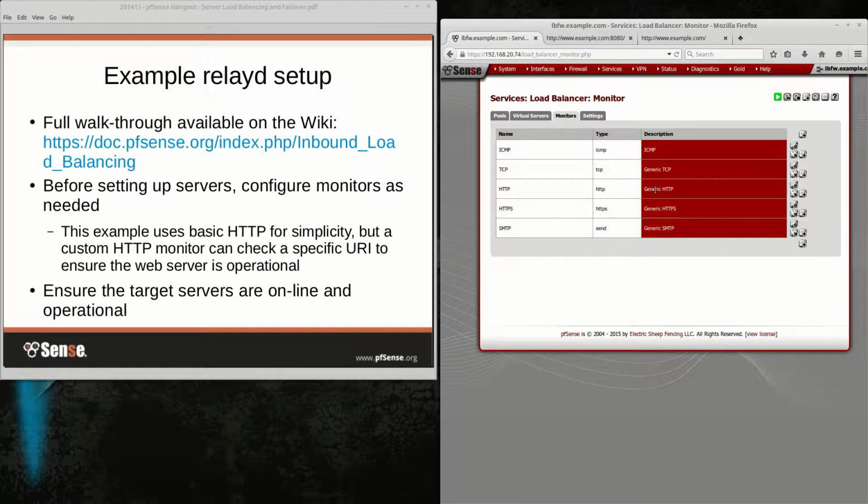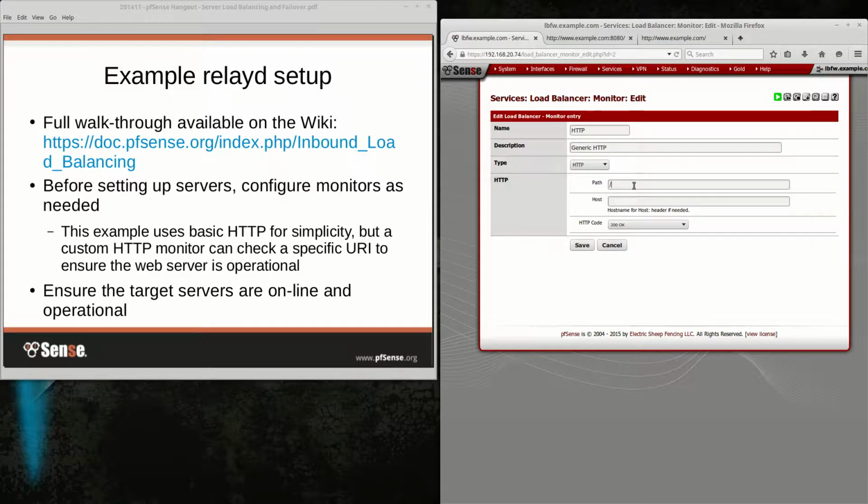You can make a custom HTTP monitor that actually queries a specific path or host. Some people prefer that to be a static image or something that's a piece of static content just to test the web server. Some people point that at a specific script that might do a simple database query so that they can get some assurance that both the web server is responding okay, that their language of choice is working, and that their database is up and running.